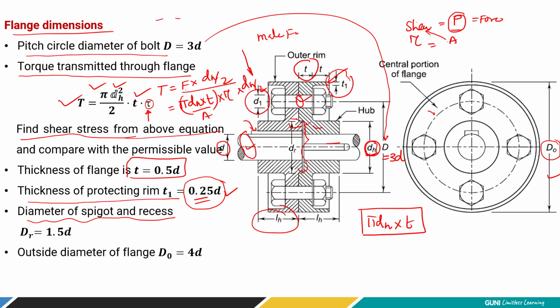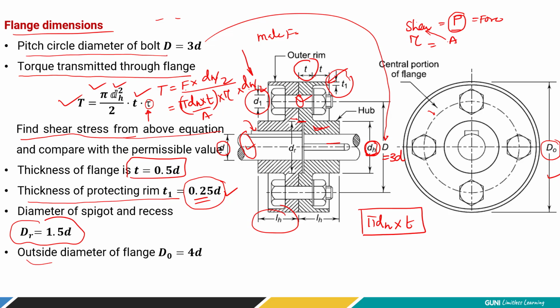So its diameter, dr, the spigot recess diameter, is taken as 1.5 times d. It is not equal to the hub diameter, which is 2 times the shaft diameter, so it is 25% less. What is the purpose? The purpose of the recess diameter is to provide a small projected disc-like structure which has the same negative impression on the other half of the flange, so they assemble together in an aligned way. So it ensures proper assembly of the flange coupling for smooth functioning. You can say it is used for foolproofing the assembly.